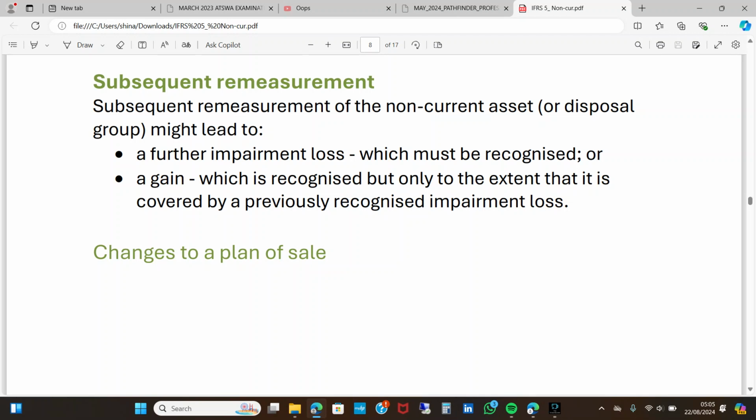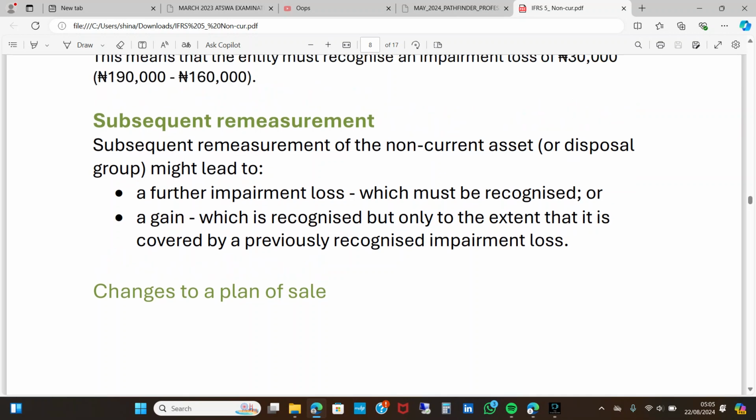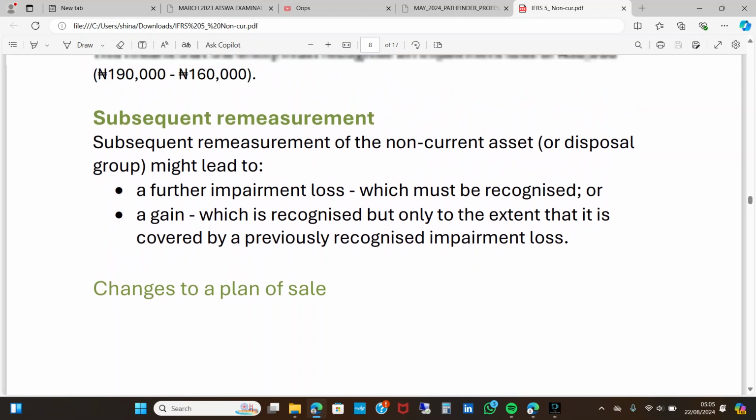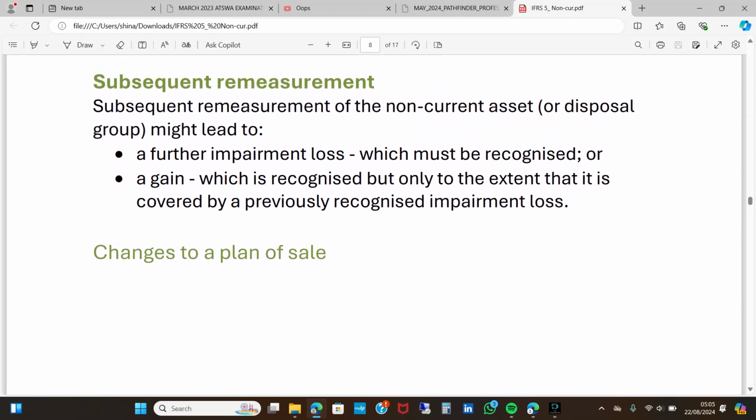All right, hello. Welcome to the last tutorial video on IFRS 5, that's non-current assets held for sale and discontinued operation. So let's start with what we call subsequent remeasurement. What is subsequent remeasurement? Subsequent measurement of the non-current asset or disposal group might lead to remeasurement. We talked about the fact that for a non-current asset held for sale,